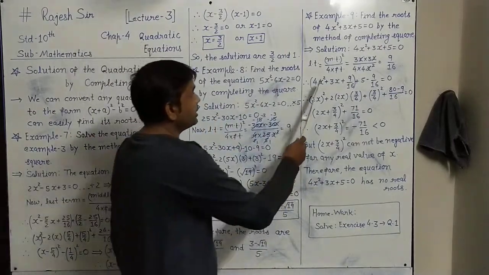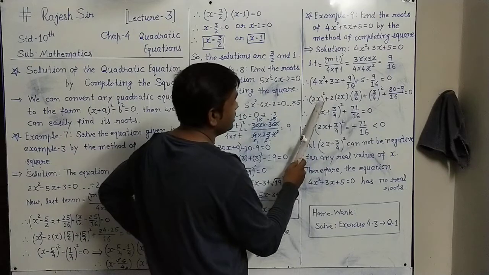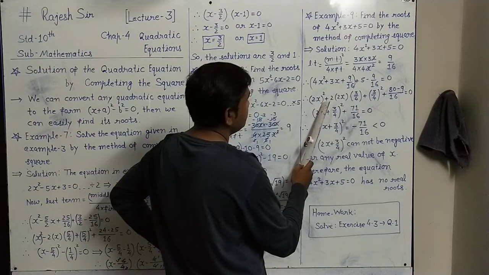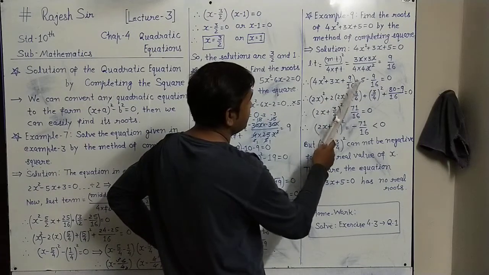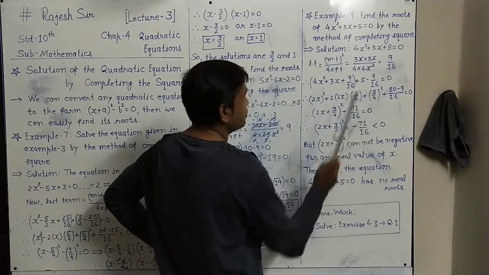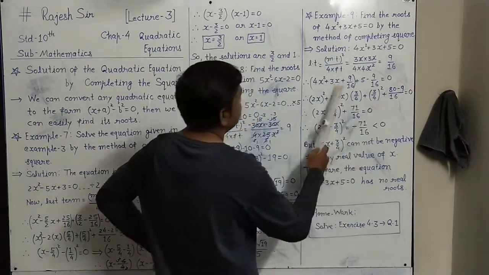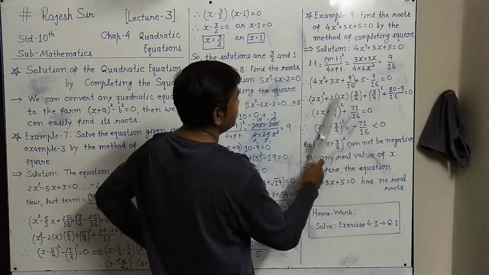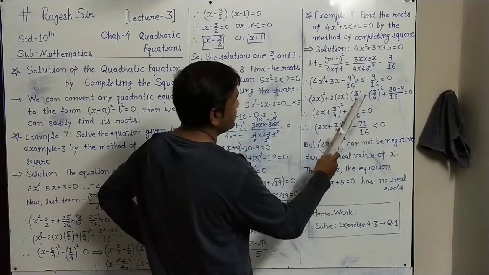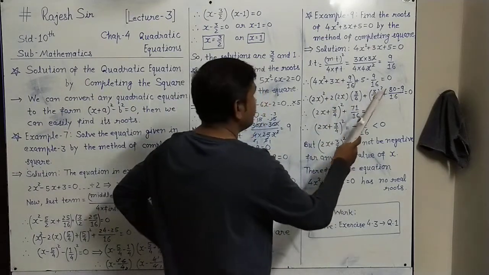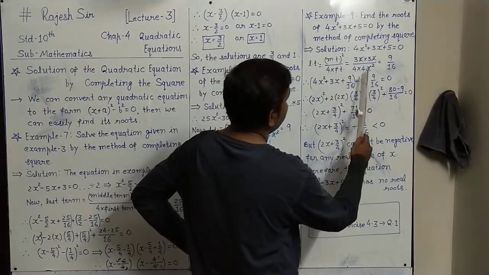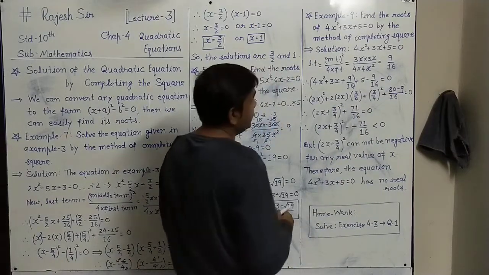So for the first three terms again we can make it as 4x² written as (2x)². This 3x can be written as 2 into the first term, first bracket, that is 2x, and the last bracket, that is the square of 3 upon 4, so (2x + 3/4)². If you simplify this, you will get all three terms. So (2x)² becomes 4x², and this will be 2 and 4 cancel, it will be 3x, and this (3/4)² becomes 9 upon 16. Plus the remaining two terms we have to add there at the end.